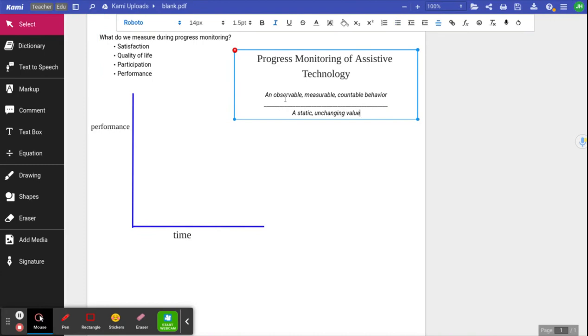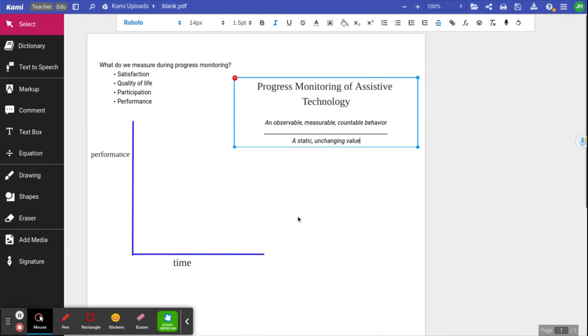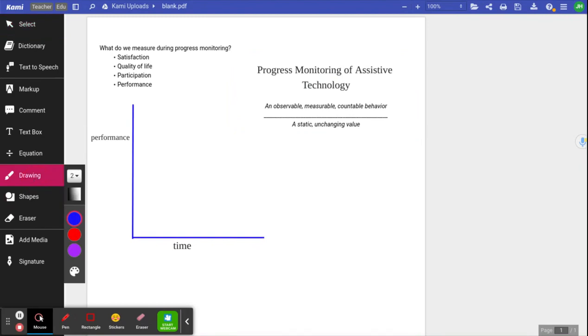It's going to be an observable, measurable, countable behavior over a static, unchanging value. And then we're going to get these data points and we're going to track them on a graph, okay? When we're talking about data points and how we're going to collect them each time, we're going to use a, excuse me for my handwriting, it's not going to be good,